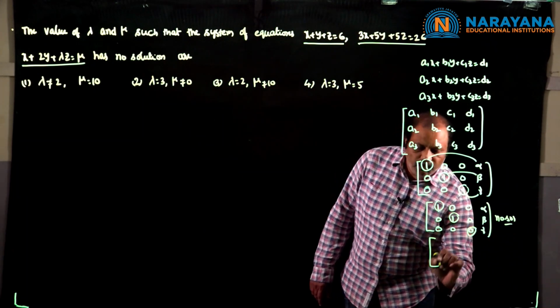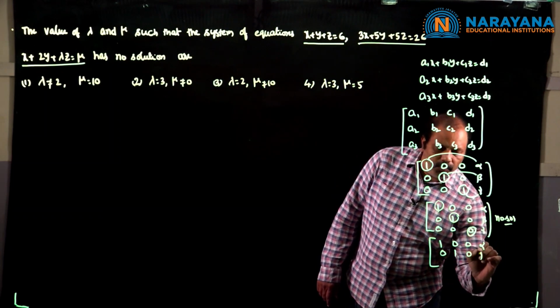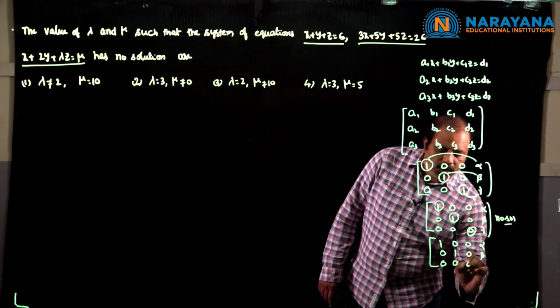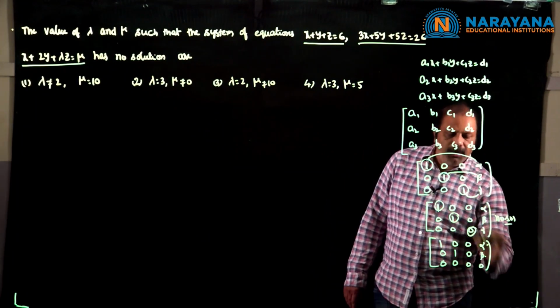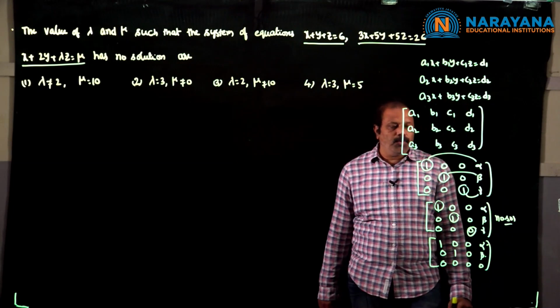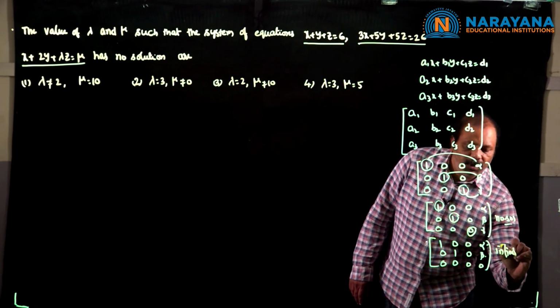In the process of doing this, with 1 0 0 alpha, 0 1 0 beta, if one complete row is filled with all zeros, it can happen here or here, I mean the second row or third row. In this case we will say it will have an infinite number of solutions.